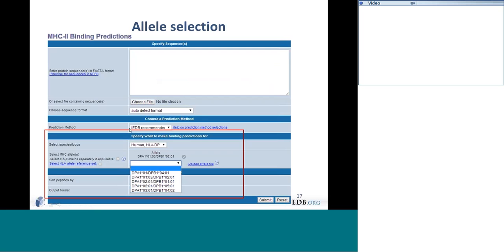This is slightly different from class I. Here you can see there's a drop-down menu where you can choose the species. There is an option for human and mouse, and within the human you will find the loci DP, DQ, and DR. By default in the drop-down menu, you will find some of the alleles which are the most frequent in the global population. So if you select the DP allele,